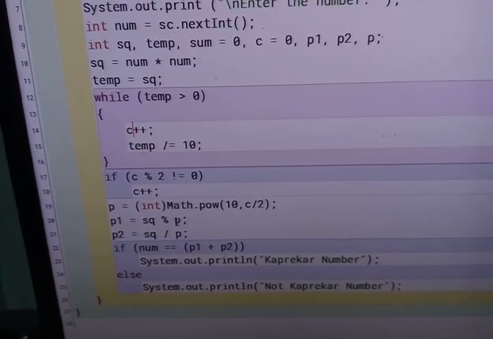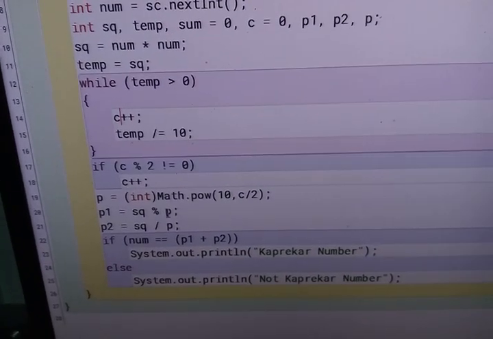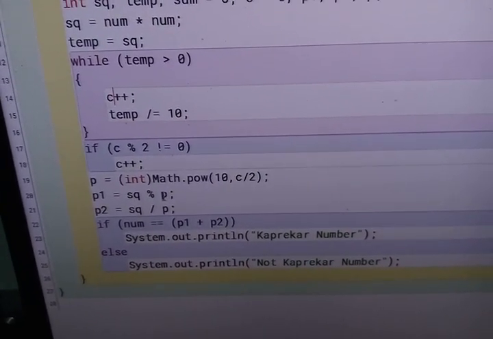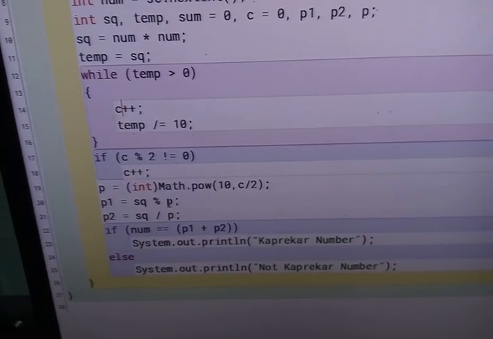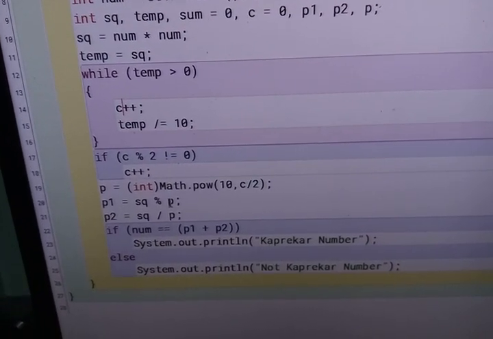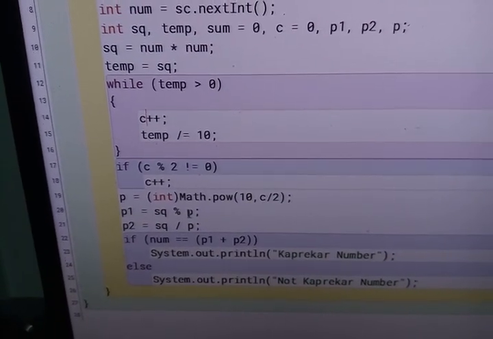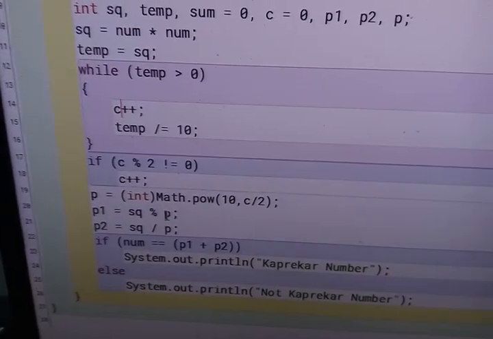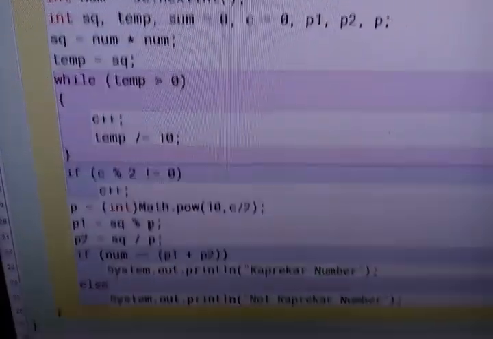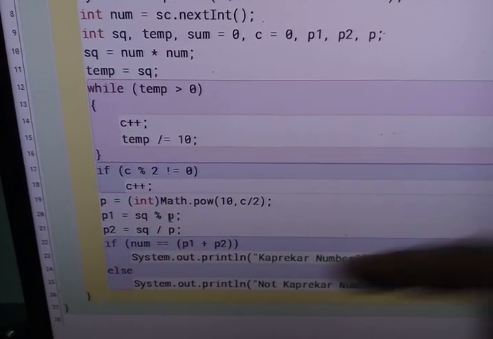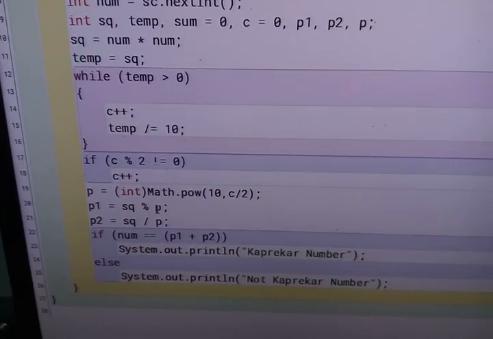Suppose 45, its square is 2025, and c is 4, so 10 to the power 4 by 2, that is 2, so 10 to the power 2 is 100. If you find the modulo of 2025, it gives 25, and the quotient part gives 20.